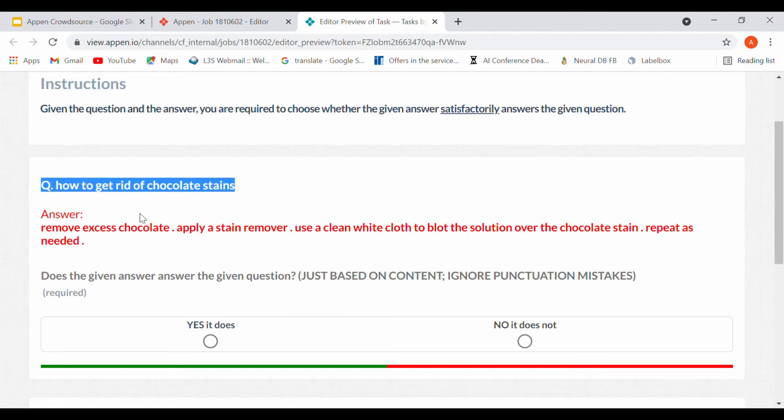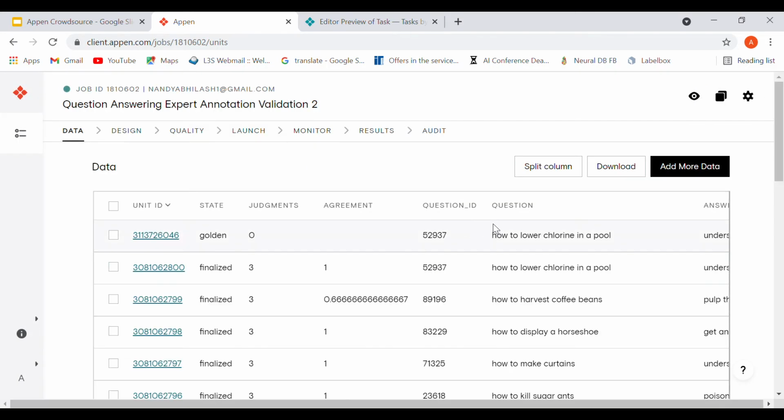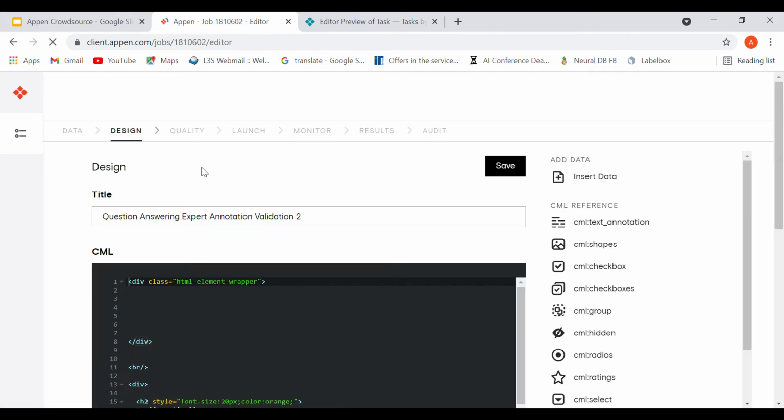So basically, you have to keep giving different question answer pairs to different annotators. How is that done? In the data, the two main fields are question and answer.